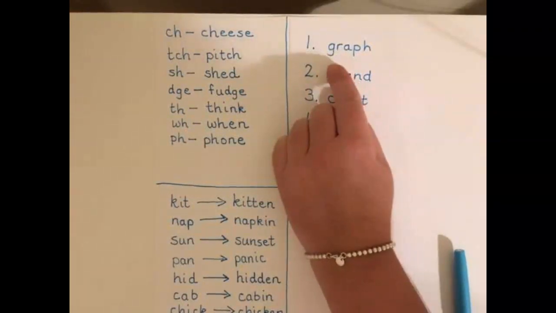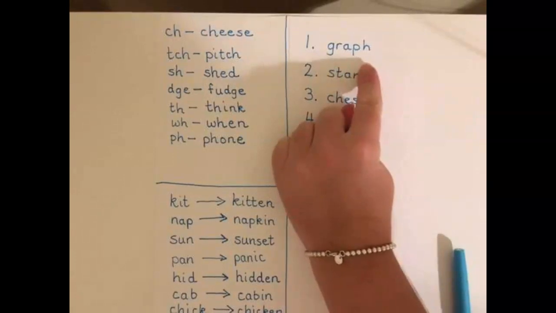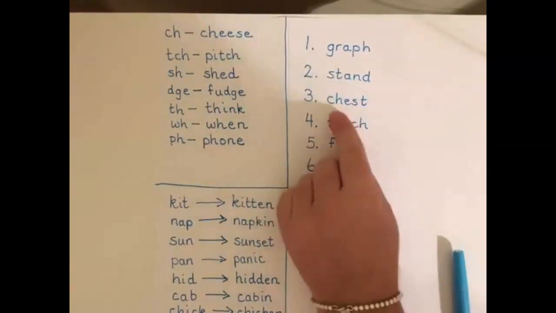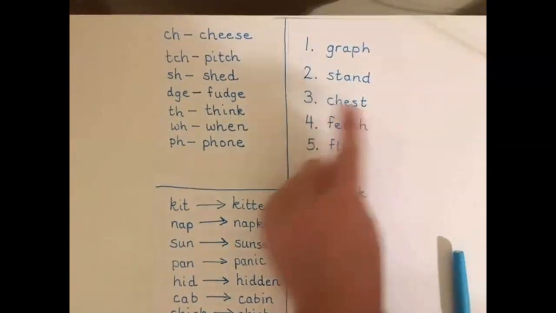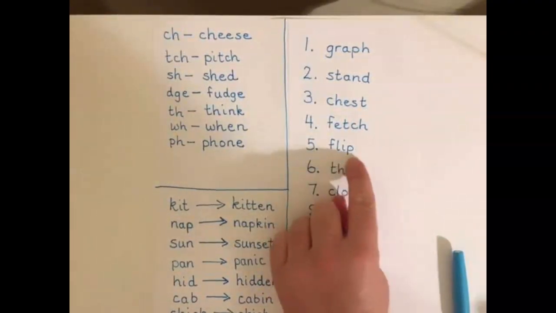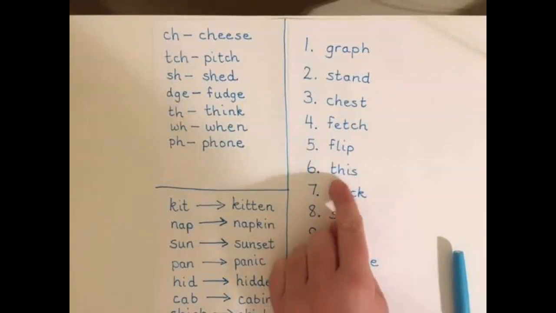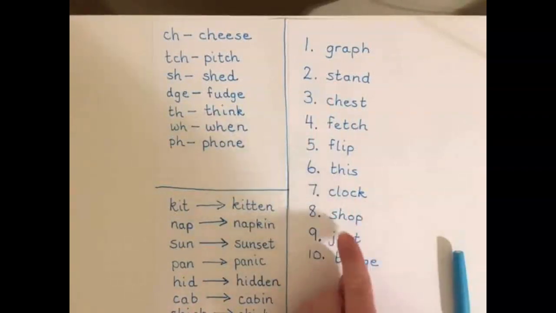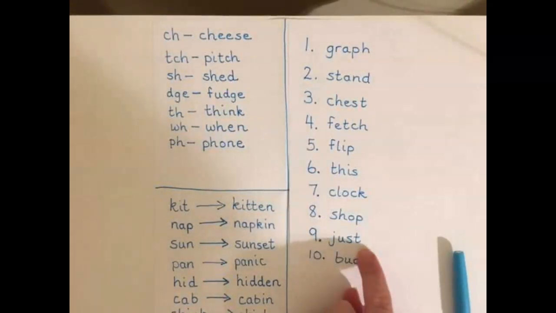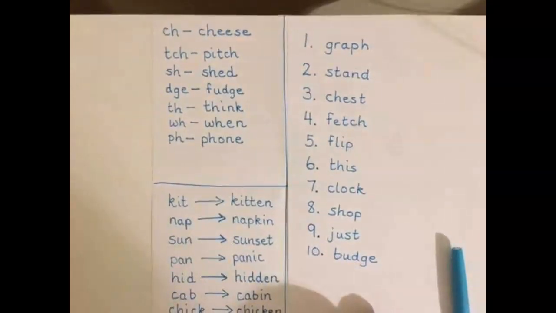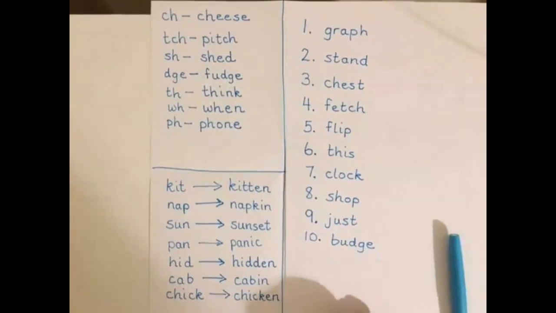So let's read. Ready? Number 1 says graph. Number 2, stand. 3, chest. 4, fetch. 5, flip. 6, this. 7, clock. 8, shop. 9, just. 10, budge. All right, you may pause the video now and check all of the spellings of all of your words, fix them up,